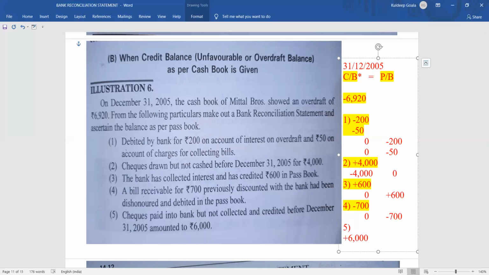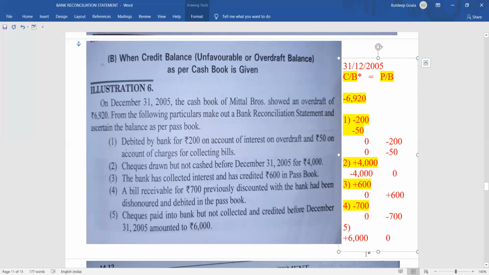But what happened in the passbook? The money came? No, it was not collected by the bank till 31st December. 31st December is the deadline. So till that date, nothing was done. So zero, right? Regarding this transaction, there was no update in the passbook. So now we can see that the cash book is plus 6,000 for the check deposited, whereas the passbook has not made any change, since there was no collection of the check.